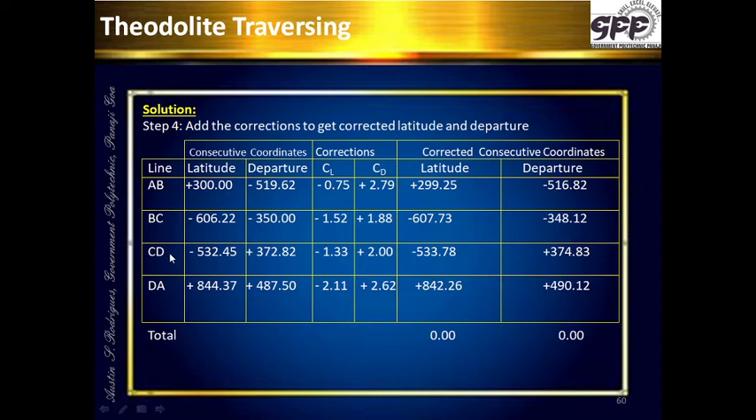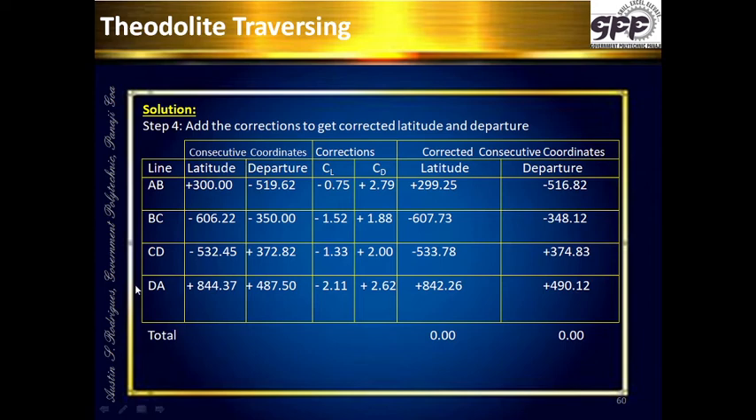348.12. Line CD, latitude is minus 532.45, correction is minus 1.33. Getting them together, we get the corrected latitude as minus 533.78. Departure is plus 372.82. Correction is 2.00. So the new departure is plus